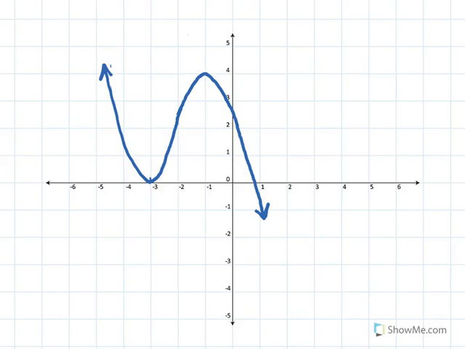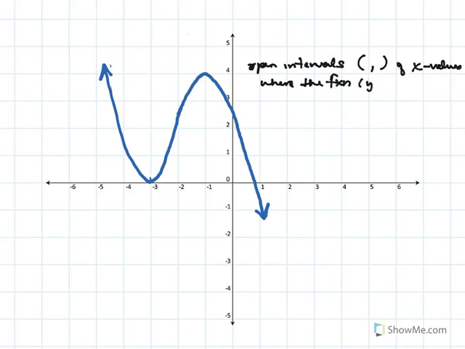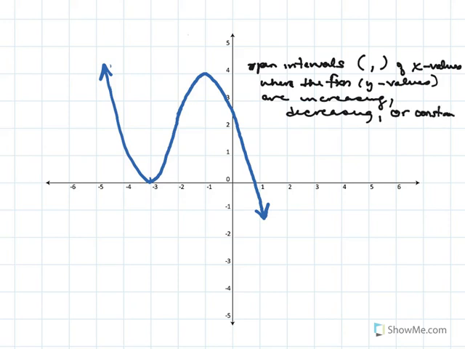Okay, so here we want to review the increasing, decreasing, and constant of a function. What we are trying to identify here are the open intervals, meaning you're only going to use parentheses, right? Open intervals of x where the function, which means y values, are increasing, decreasing, or remaining constant. Okay? So the way that you identify whether or not they're increasing, decreasing, or constant is by